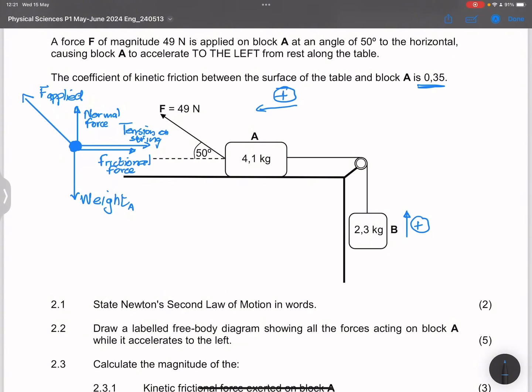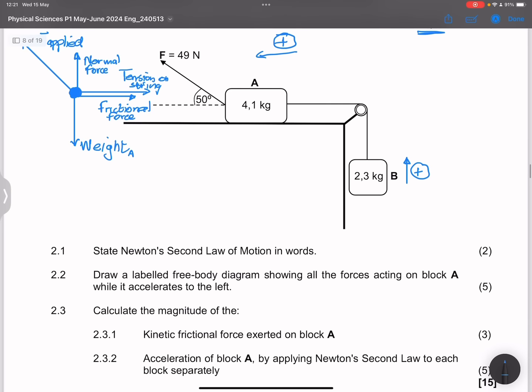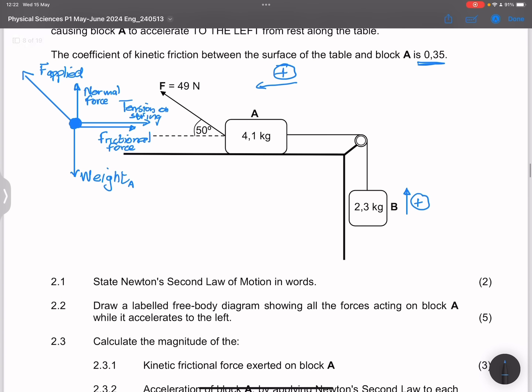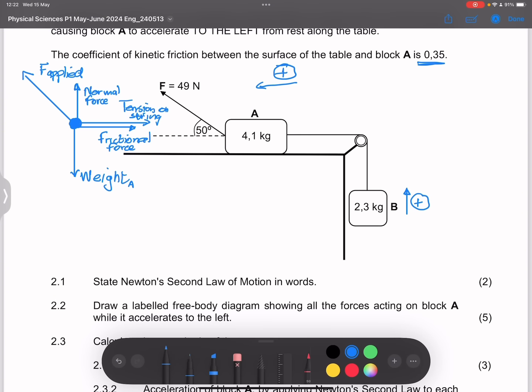Now, they say to us, calculate the magnitude of the kinetic frictional force exerted on block A. Now, ladies and gents, I want you to please note this. To calculate friction, we need to find out what the normal force is. And the normal force is one of the forces that are vertical, right? Now, remember that, so what I'm going to do, just for the purpose of making sure that we